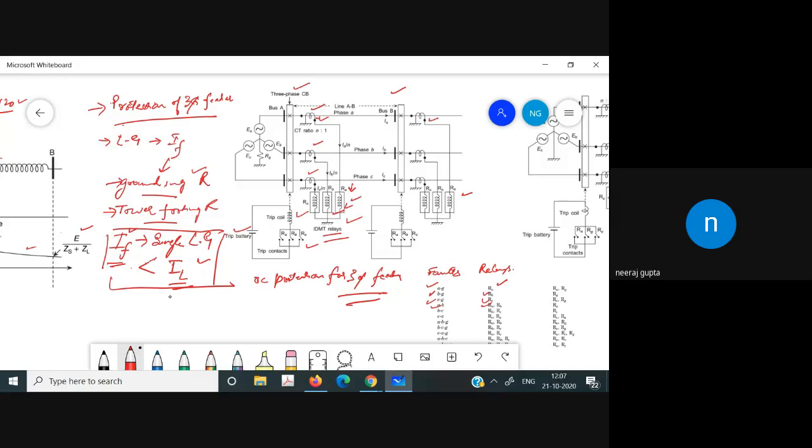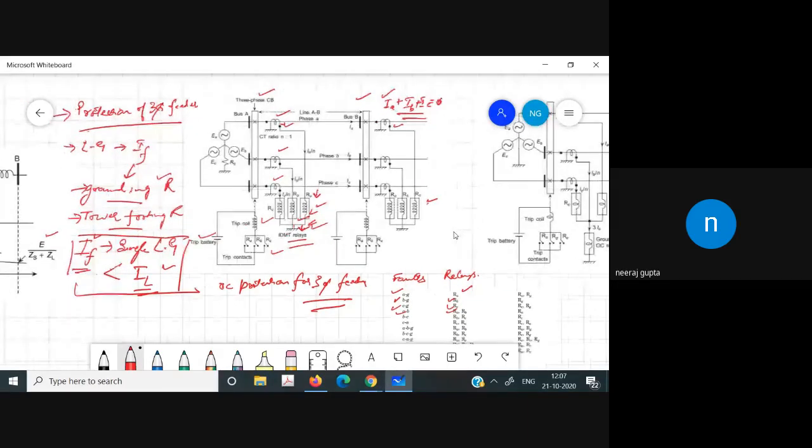Now, as we already know, we have three currents, and in case of a star connection, for a balanced system, IA plus IB plus IC is equal to 0. It means that the residual current going to the ground in that case is equal to 0. As you have read, in a star connection the total current is 0, and in a delta connection the total voltage in a loop is 0.